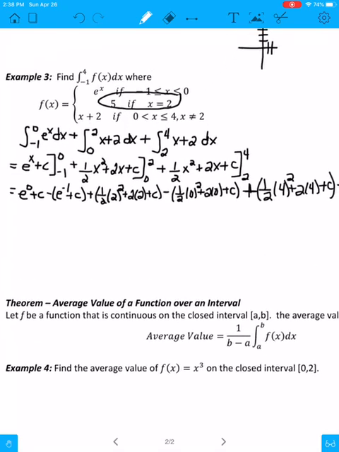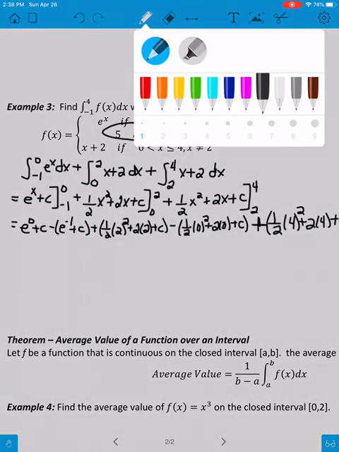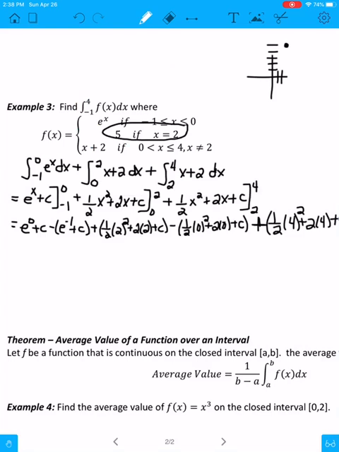Okay, let's look at the math for this. So I use gray. e to the 0 is 1. We learned that way before when we were doing slopes of tangents. So we get 1 plus c. Now e to the negative 1 is just 1 over e. So we're going to go minus 1 over e